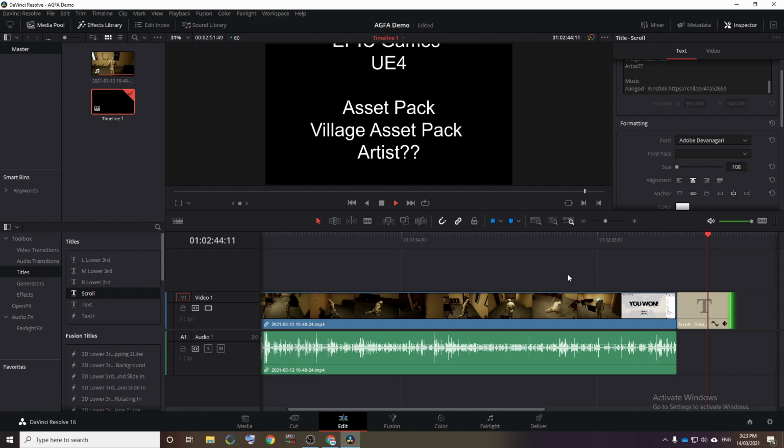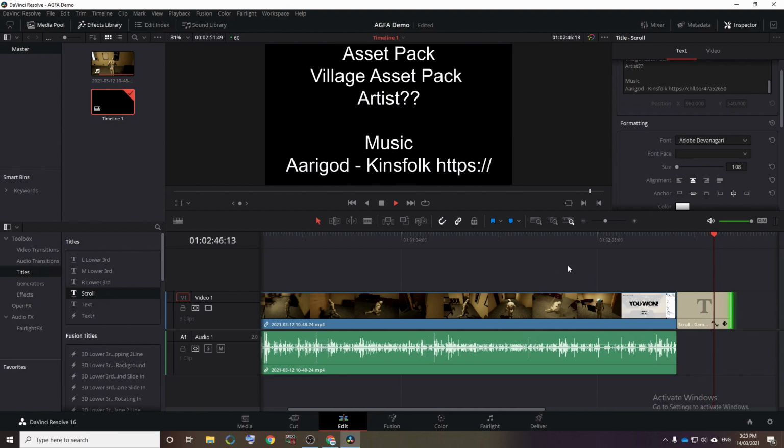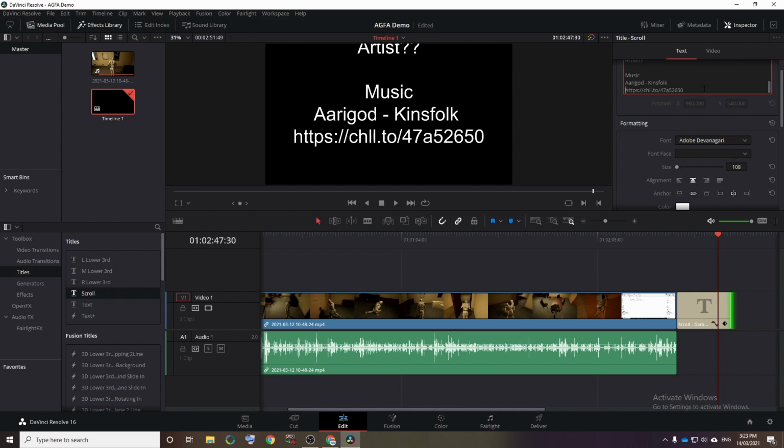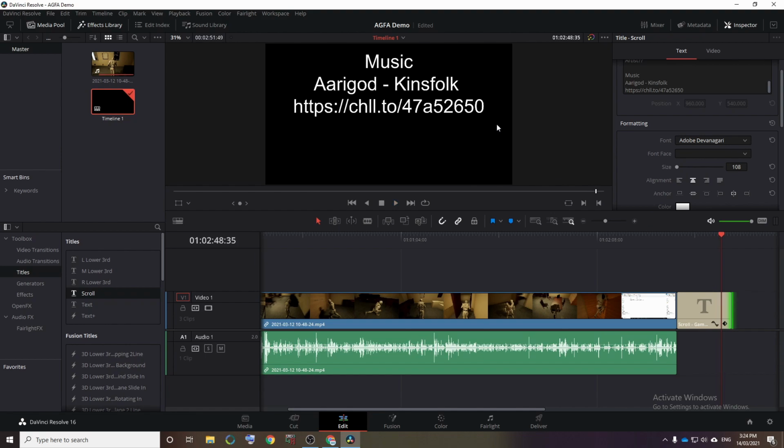Getting there, getting there, getting there. Here it comes, music. And okay, I can see there's a bit of a problem here. I can't see all of the link. So the easiest way hopefully will be, there we go, just do that. And now we can see the whole link there, which is good. So we have now met our obligations for giving appropriate credit to the artist for music, so we can